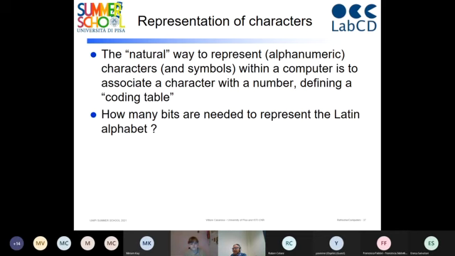So how many bits are needed to represent the Latin alphabet? Any one of you would like to raise the hand and give me the answer? Because